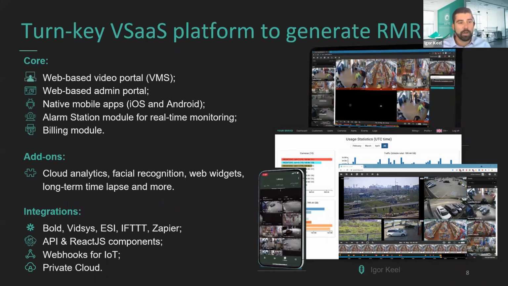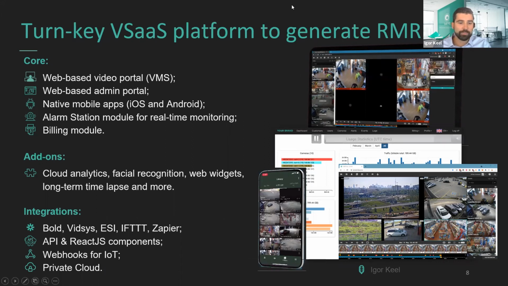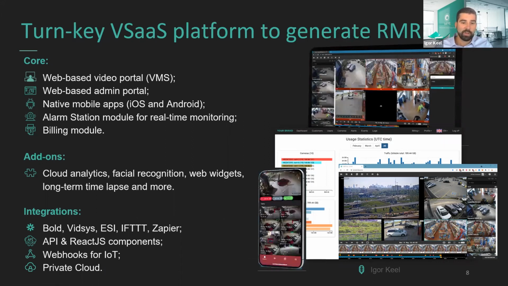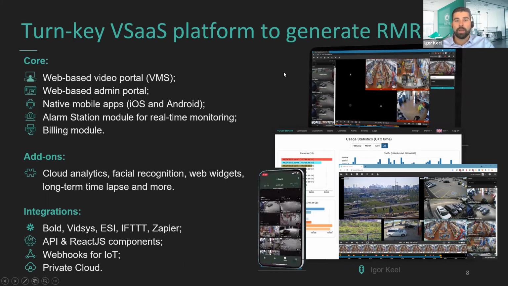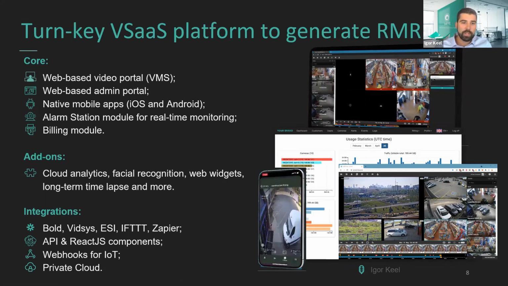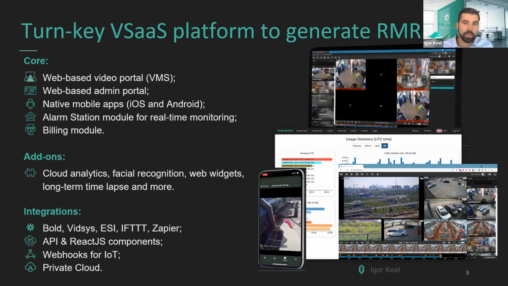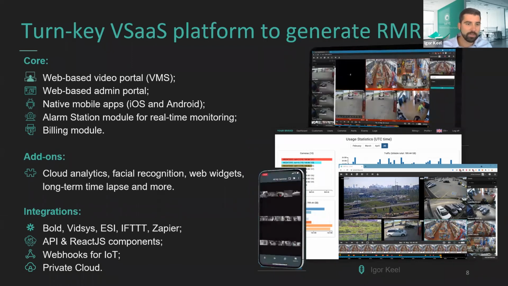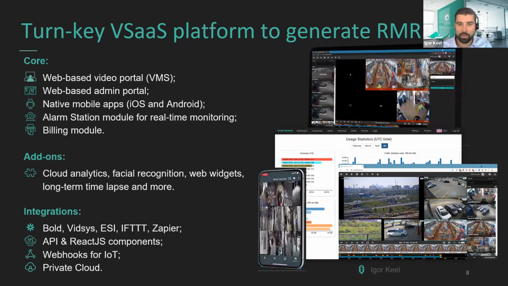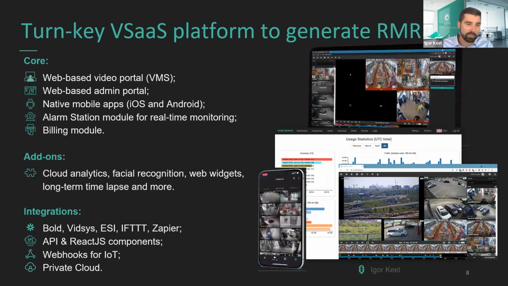There's also native mobile apps for both iOS and Android for phones, tablets that you're afforded to give your clients access to. There it is. It's a very rich mobile app. Next up, the alarm station. That's what you see up here. The alarm station is a slightly modified version of the video portal with events popping up in real time, keeping a pulse on all the events happening across the connected locations and cameras, and letting you take action in real time. So responding to the real-time video events, with which you can also filter them for specific objects.